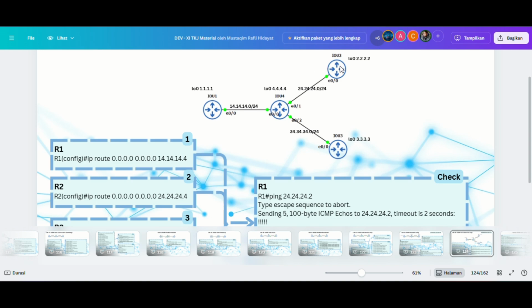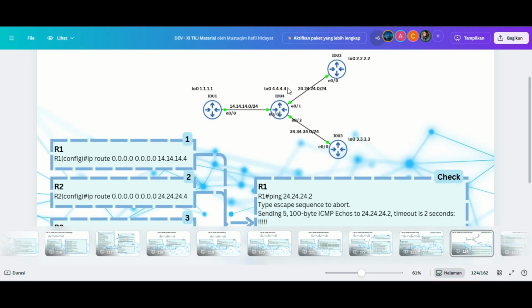Go to the router 2 first, with the loopback 2.2.2.2. So for the IP address, Ethernet 0 in router 2 is 24.24.24.1. After that, you can go to the router 3, make the loopback, and then the IP address Ethernet 0 is 34.34.34.1, with the prefix of 24 for all.